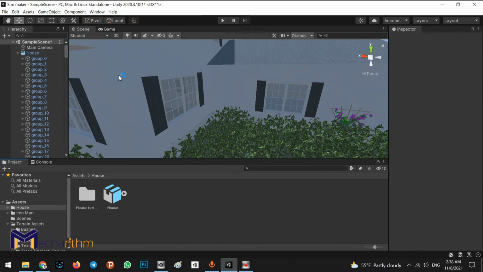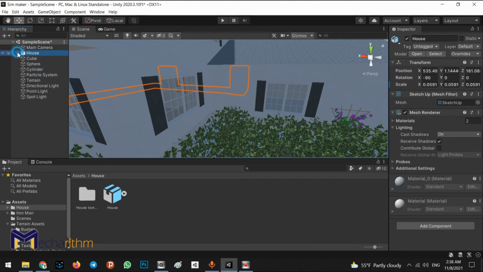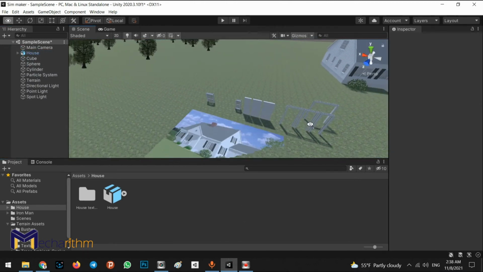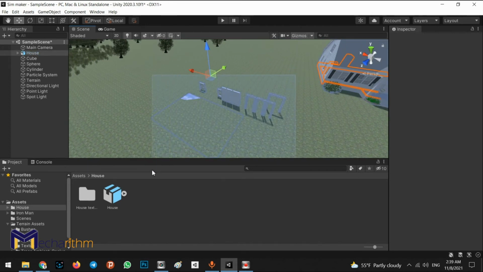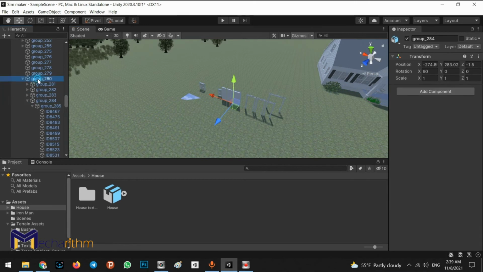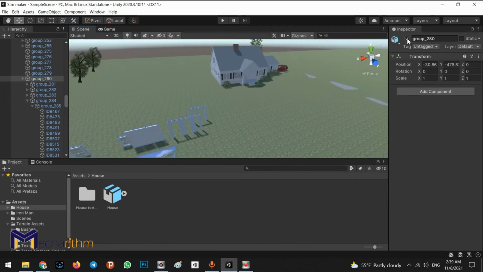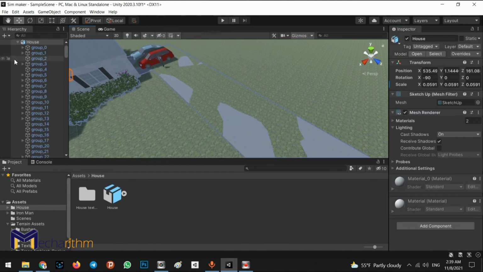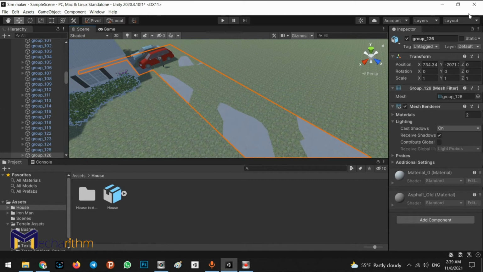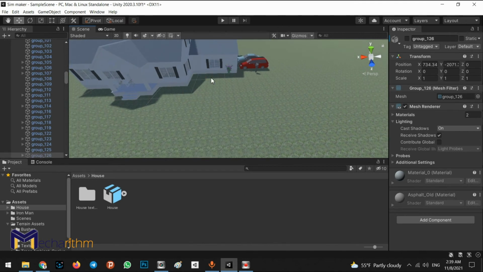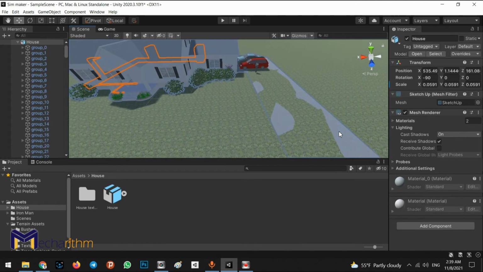Perfect. We can keep it in here in our scene because it is very beautiful, but we can remove these ones. Oh, sorry. And also this road, we don't need it. Oh, sorry. I suppose I need to